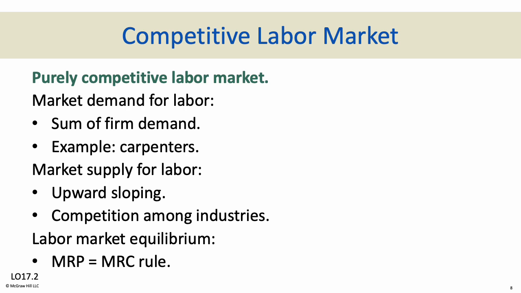So there is competition among industries. Or you could retrain and go back to school and do something completely different. But regardless, you do not have to stay in one industry, so the supply has an upward sloping curve. And what is labor market equilibrium? Well, labor market equilibrium is defined by the intersection of your market labor demand curve and the market labor supply curve. So just like any other thing we've looked at that's achieved equilibrium, it's the intersection of supply and demand.